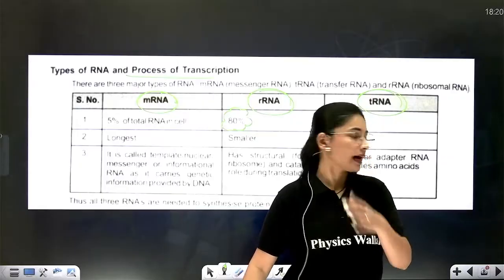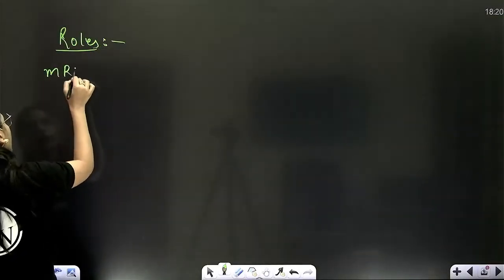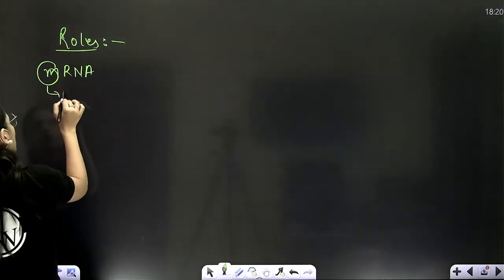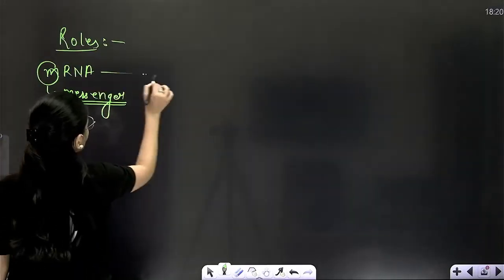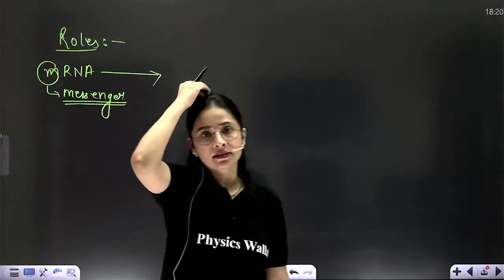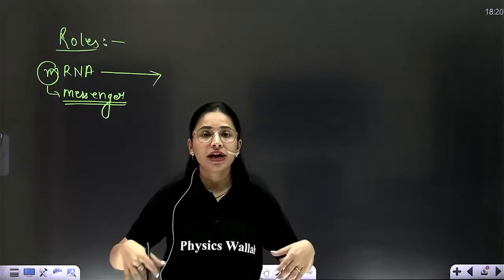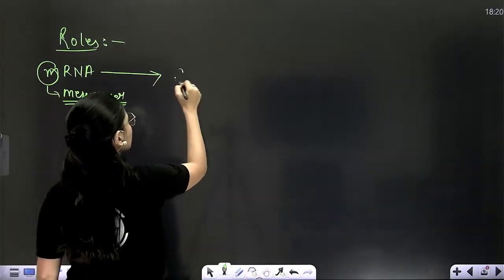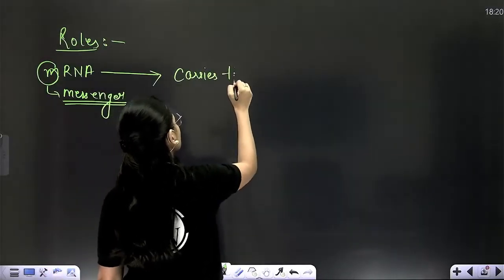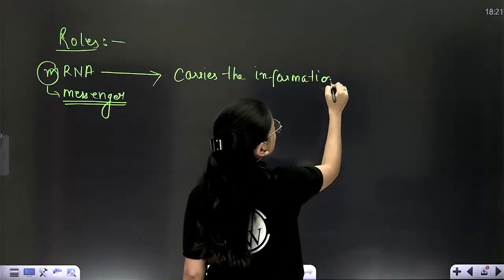Now, talking about the roles of individual RNAs, first I will talk about mRNA. M stands for messenger. Messenger RNA is a full 5' to 3' single stranded RNA which carries the information for protein synthesis. So mRNA carries the information